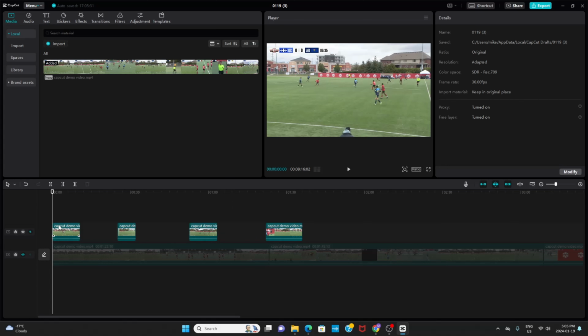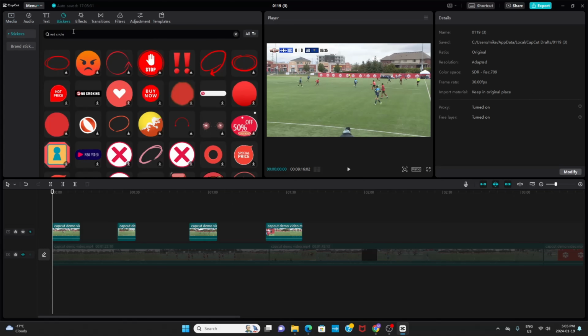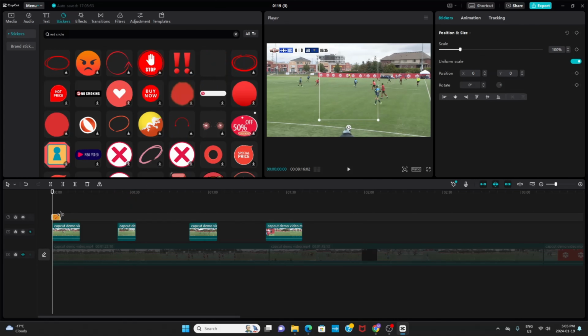Now for each individual highlight, you want to go ahead and make sure that you are visible to whoever is watching the highlight video. So to do that, we want to go to stickers. You can search red circle or whatever marker you would like to use. I like one with a little bit of an animation, so I'm going to select that one. Simply drag it down onto this timeline above your highlight video and make sure it starts where the first highlight